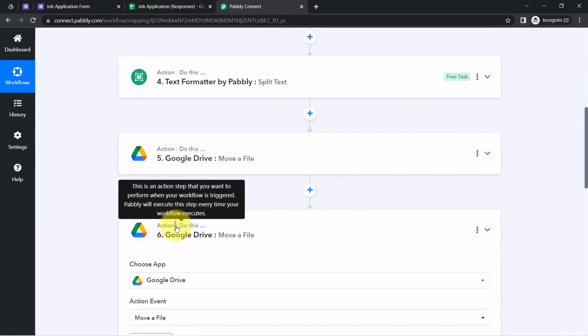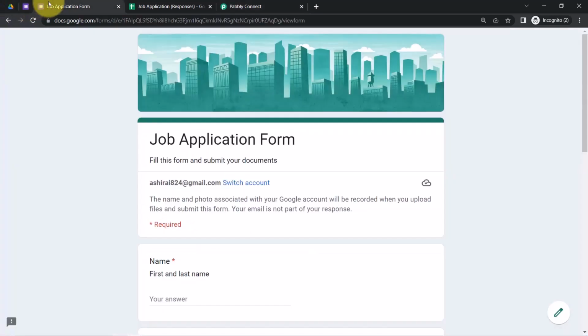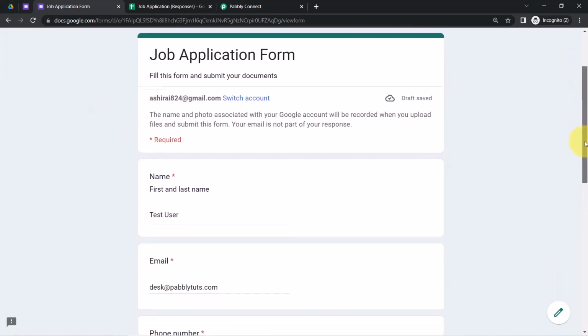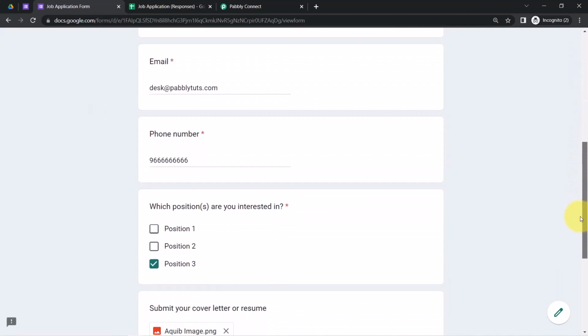Okay, let me show you how this automation is going to work in real time. I will be submitting this form right in front of you with some dummy details once again. Okay, alright, so I have filled this particular form, but before I submit it, I'll have to enable one